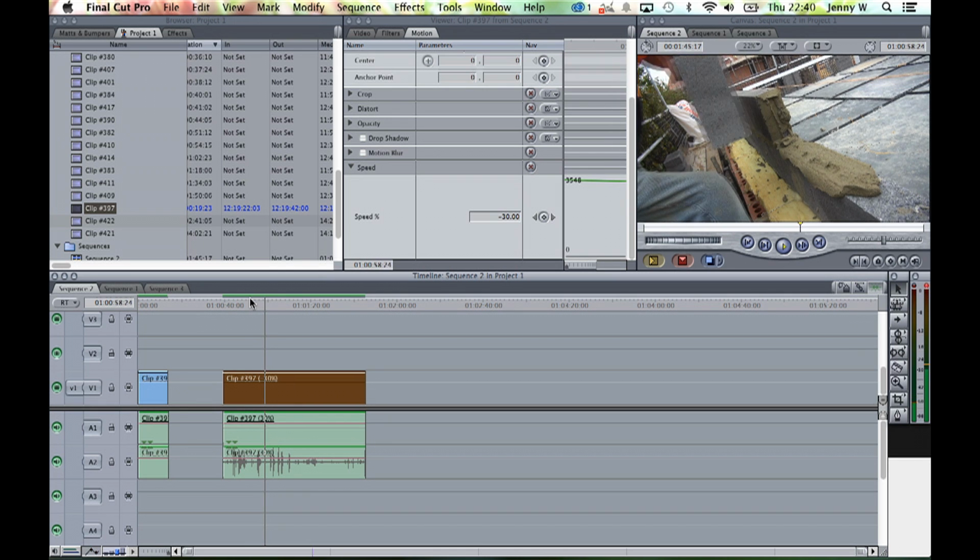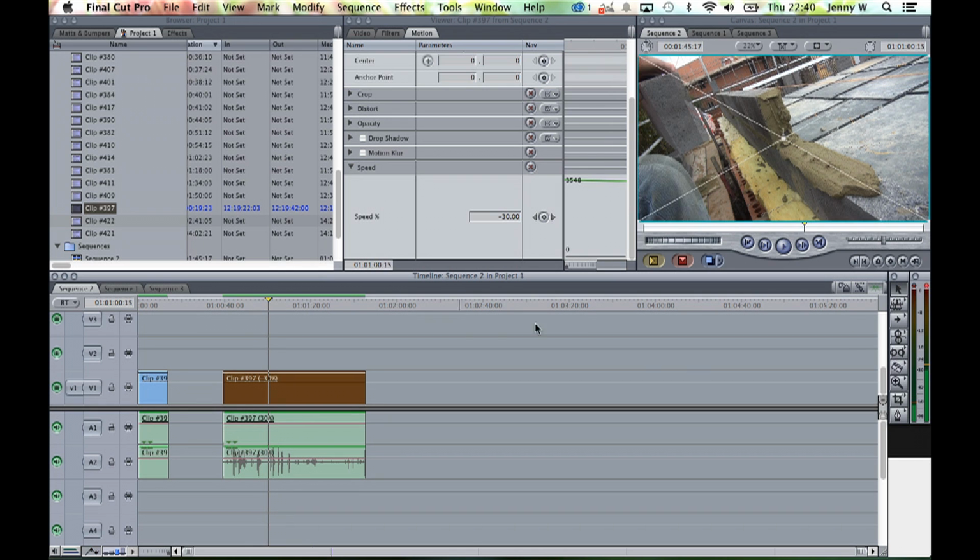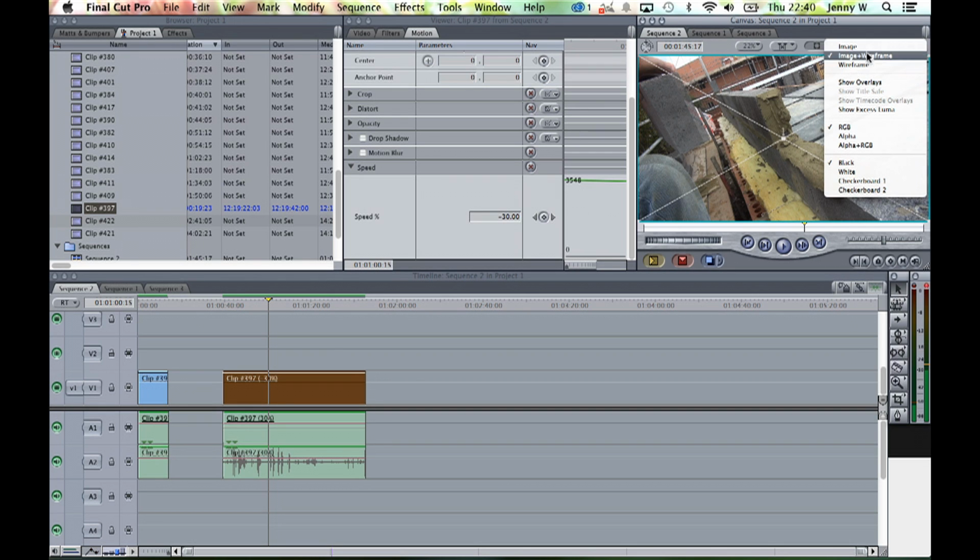The next thing I want to show you is how to crop an image. So if you go up to, you see these three tabs in the canvas window. If you click on this far right one, you've got a few options. Image, image and wireframe, and wireframe. You can see that my image and wireframe is ticked. If yours isn't, you need to click on it, and you will get this wireframe that appears on the screen